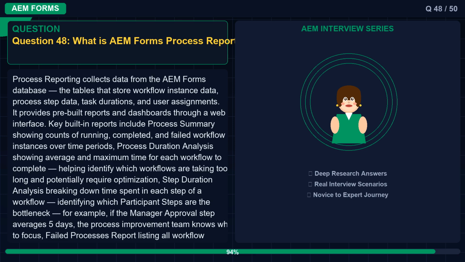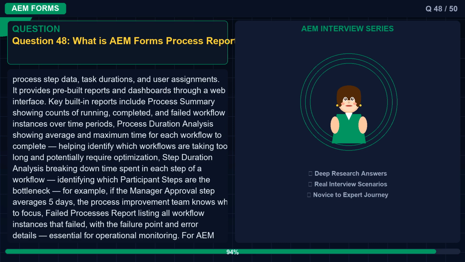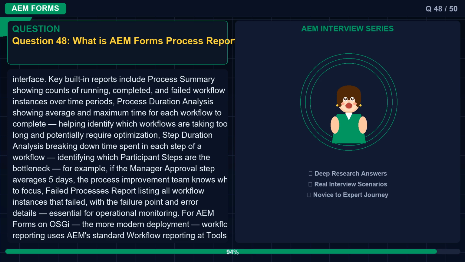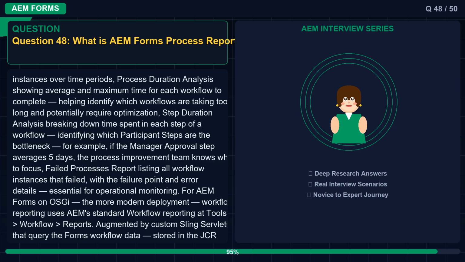Key built-in reports include process summary showing counts of running, completed, and failed workflow instances over time periods, process duration analysis showing average and maximum time for each workflow to complete, helping identify which workflows are taking too long and potentially require optimization, step duration analysis breaking down time spent in each step of a workflow, identifying which participant steps are the bottleneck. For example, if the manager approval step averages 5 days, the process improvement team knows where to